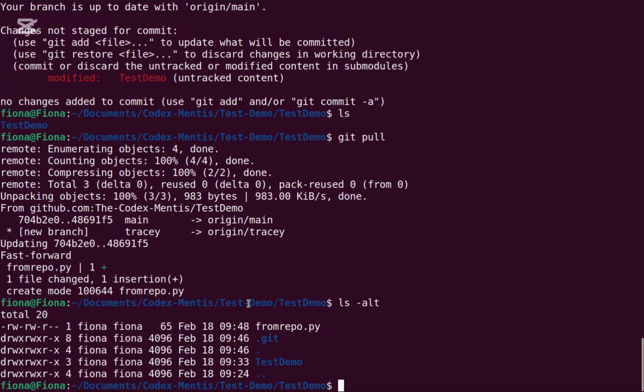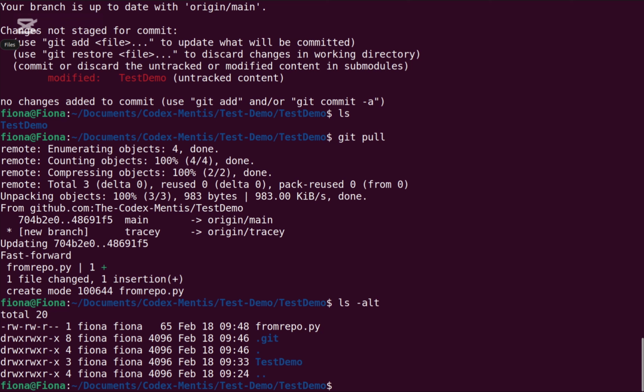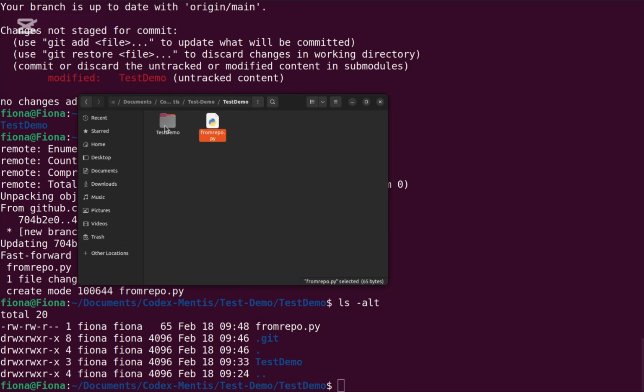Oh, there's a test demo and test demo inside a test. Jesus Christ, it's a lot. Okay, I've seen what I did wrong. There's a test demo folder inside a test demo folder inside a test demo folder. Let's address that right now. Let's take this one out, these two out. Let's put them here. Then we delete this one,